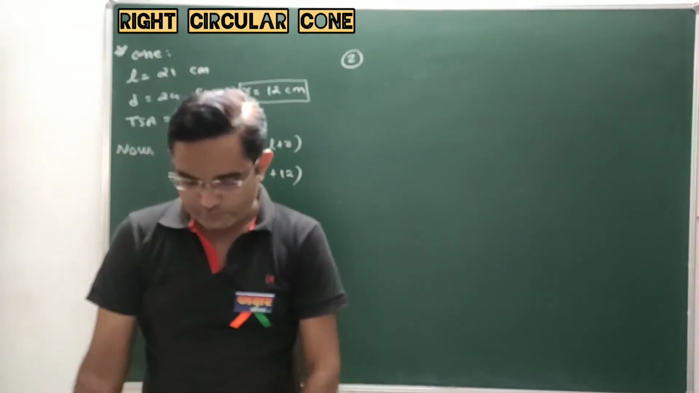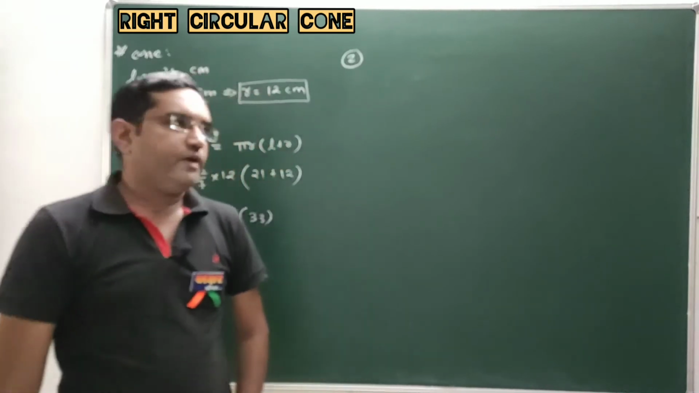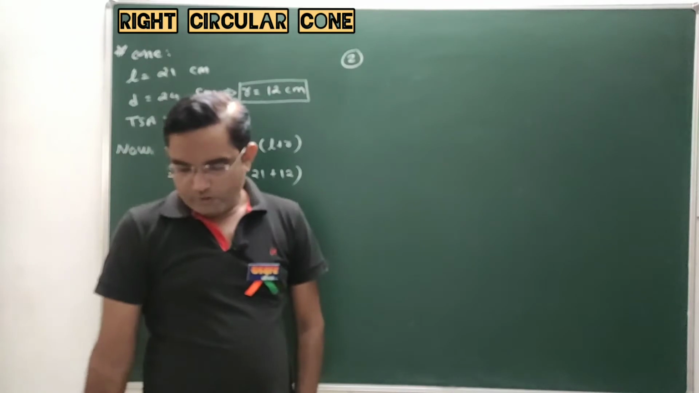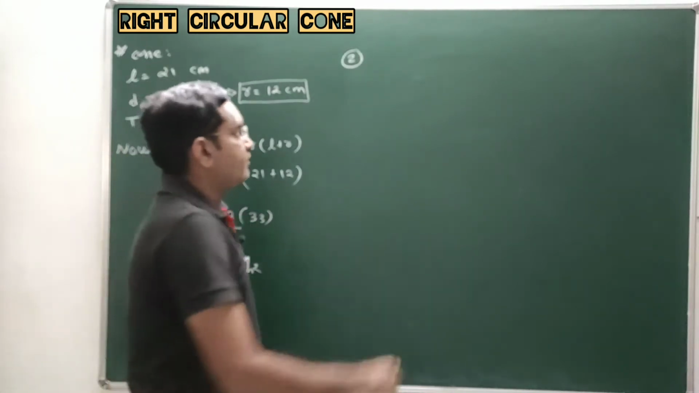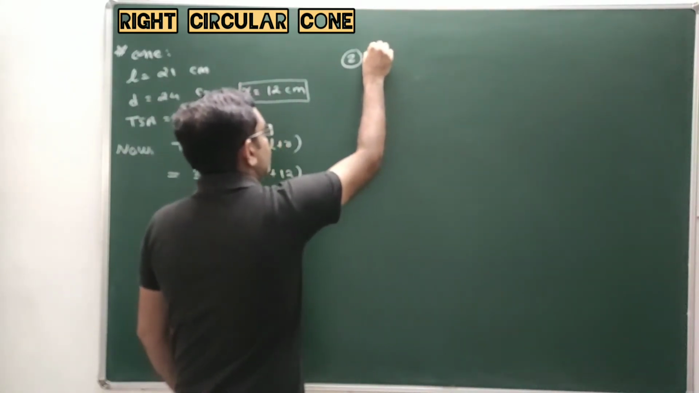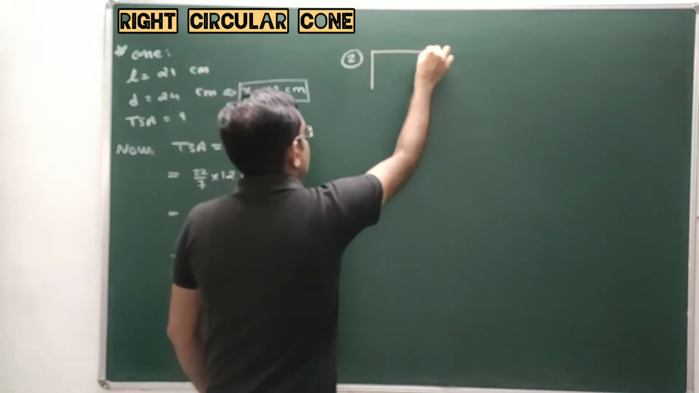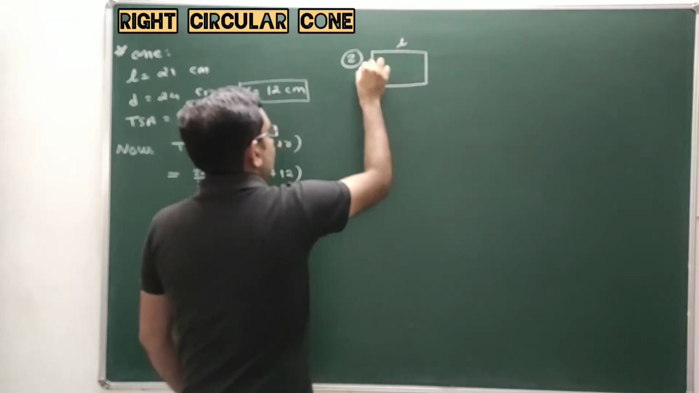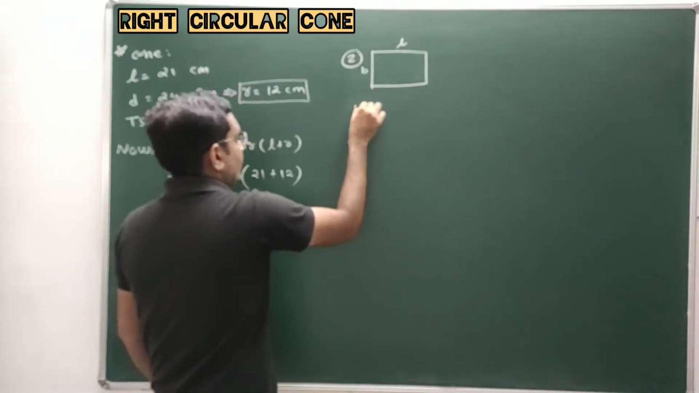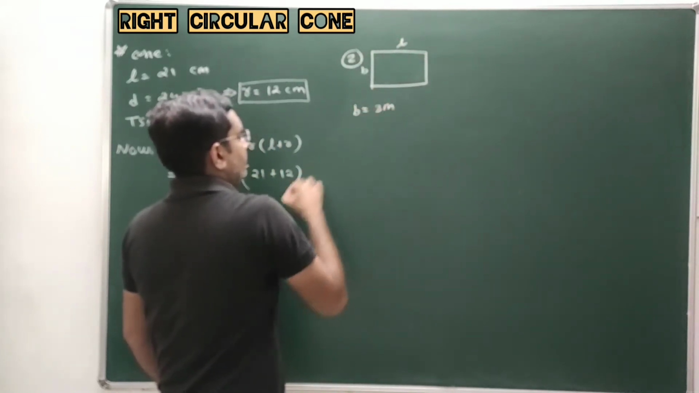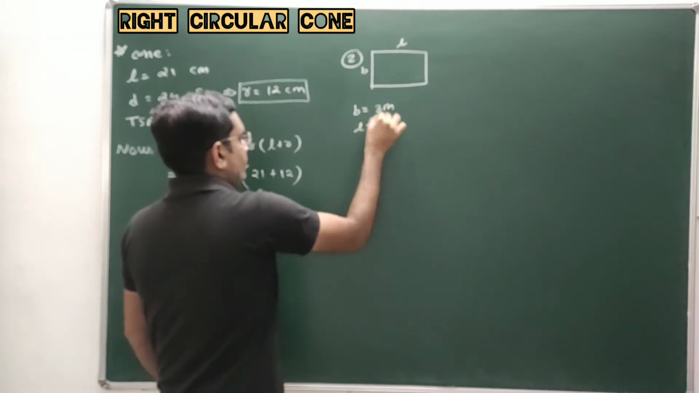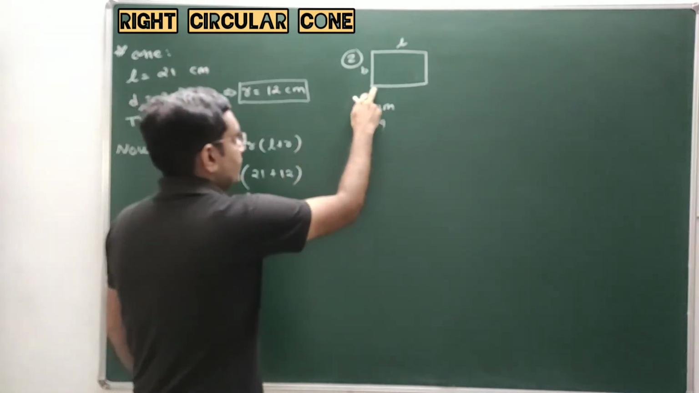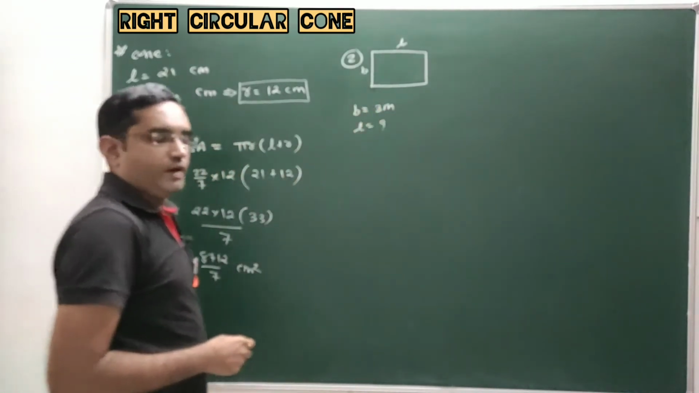Now students, next question, in fact a very good question. Here we are given a canvas which is 3 meter wide. This is length and this is breadth. The breadth of the canvas is given as 3 meter, and you have to find the length. What length of this canvas which is 3 meter wide is required